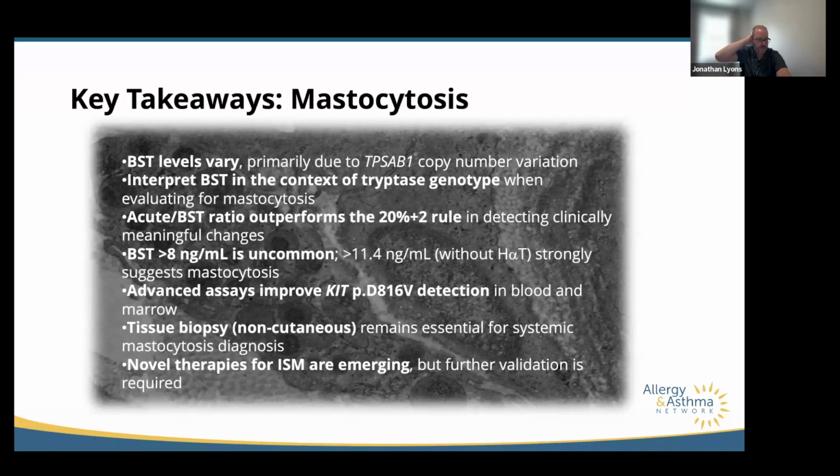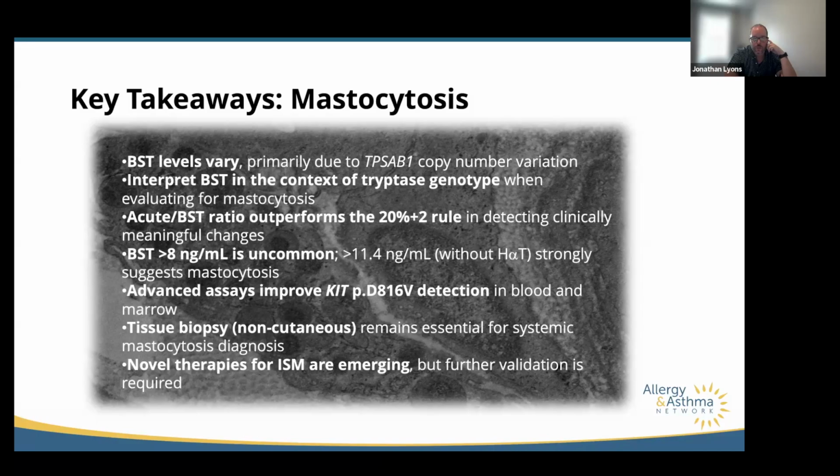So the key takeaways really: BST levels are variable and likely these other mediators are as well. And we're trying to work to understand how to control or adapt our understanding of them in order to better use them for diagnostic purposes. Because right now the variability is impacting our ability to correctly interpret them. It's important that when we're interpreting a tryptase level that we're thinking about HAT and making sure we understand how much of the tryptase level is contributed to by that, and that having a tryptase above 11.4 is really suggestive of mastocytosis or another clonal myeloid issue.